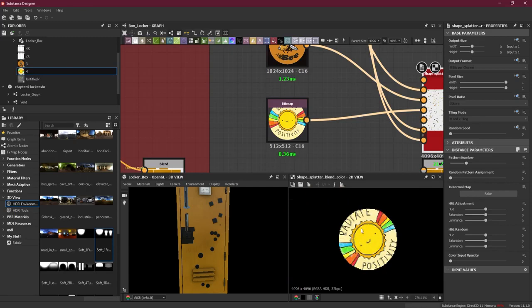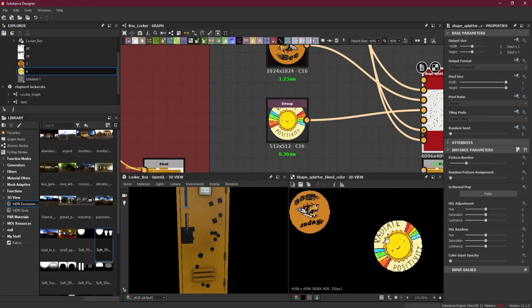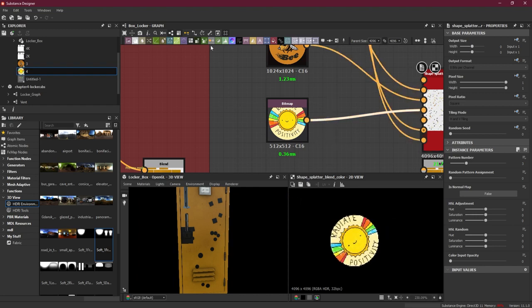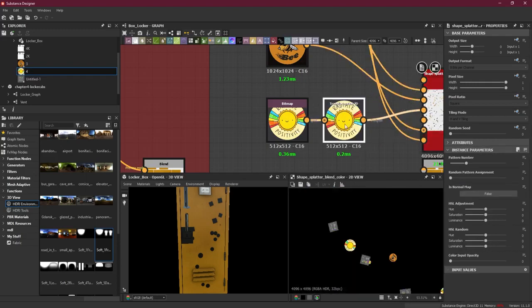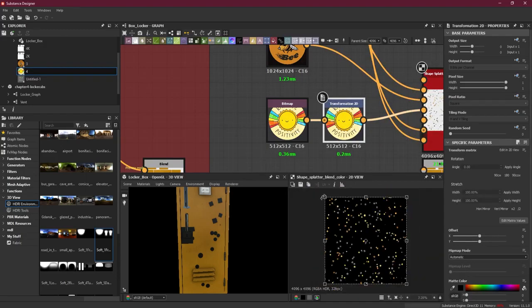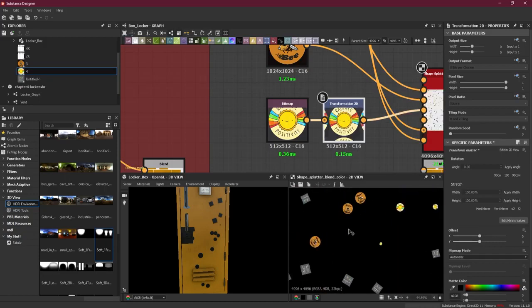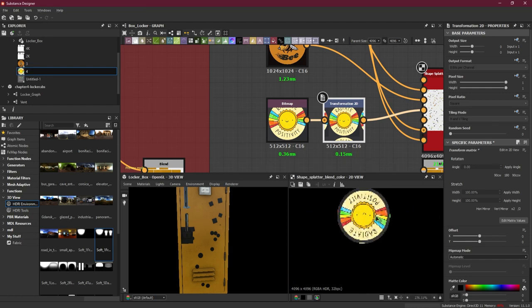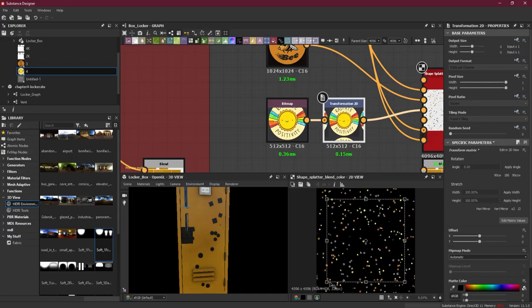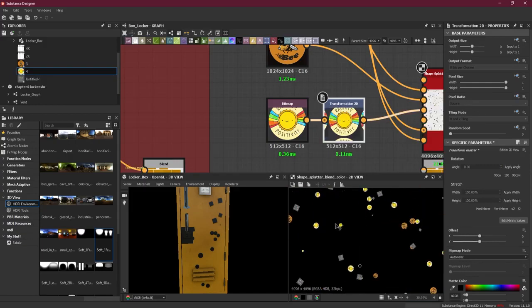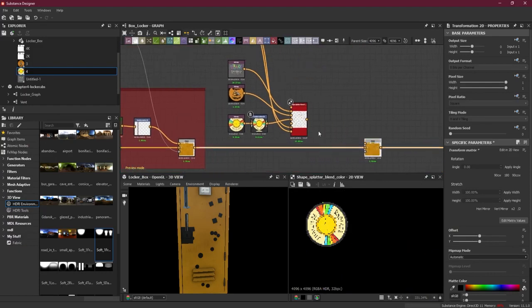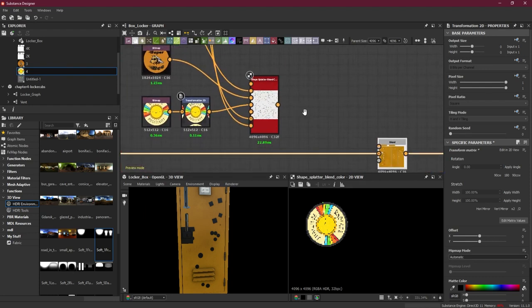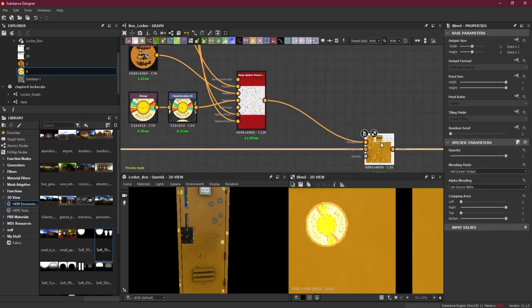Okay, this is a little going off the border. So what can I do? I can add a transform node here. Double click it here, single click this part and make it a little smaller just to see if everything's fine. Okay, it's fine now. So a little bit bigger. Yep, good. Okay, now what I'm going to do here is take whatever we have here in the add, use the add here,